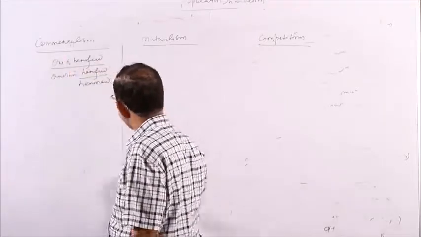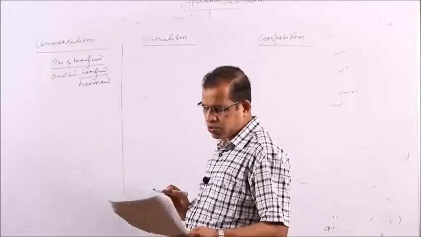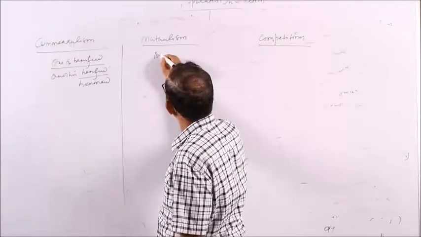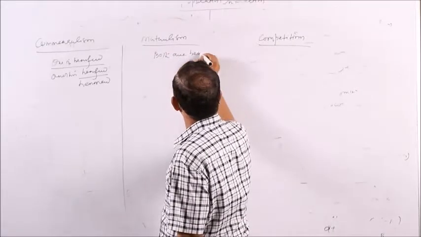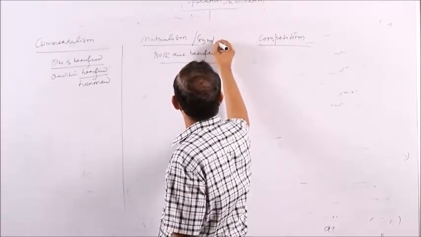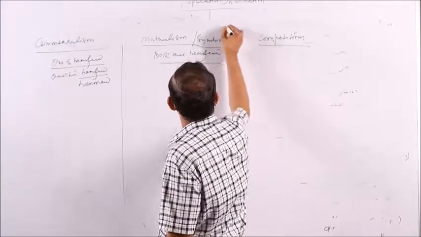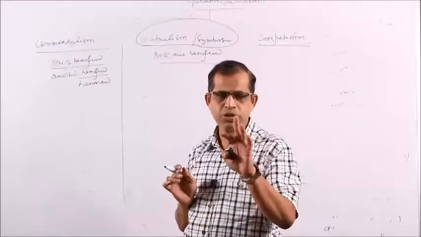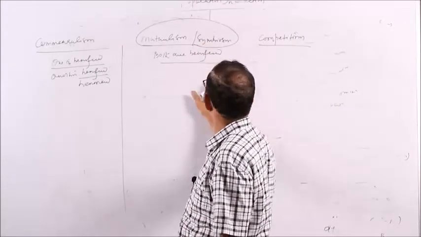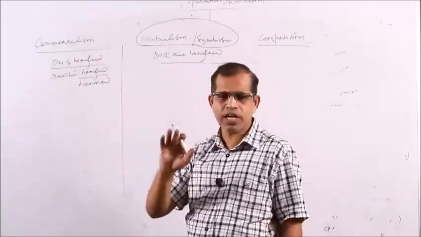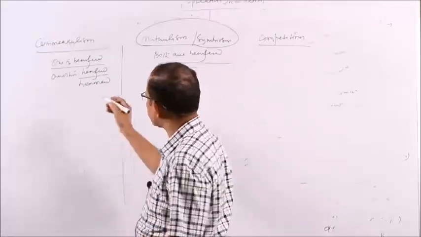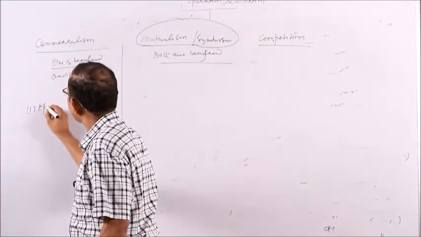But mutualism is a different one. This is an interaction between two organisms in which both the partners are benefited. Both are benefited. A little bit of difference exists between mutualism and symbiosis, you need to know. But in general, both are benefited. Here in commensalism, one is benefited, another is not benefited or harmed. One example we can take is your epiphyte.